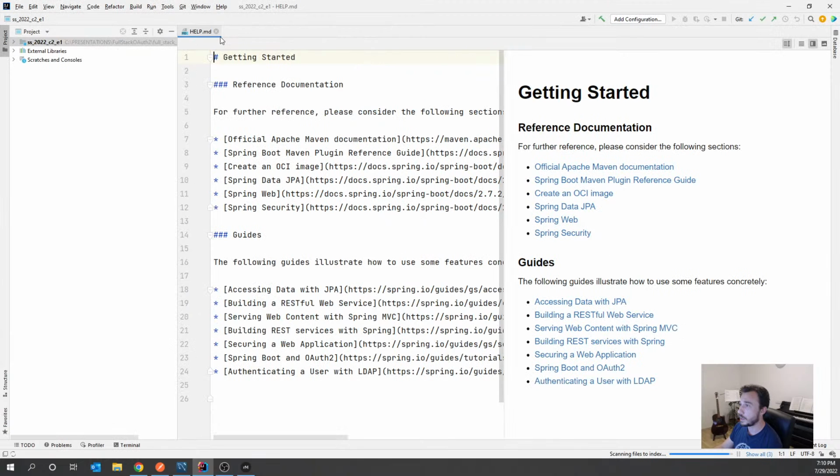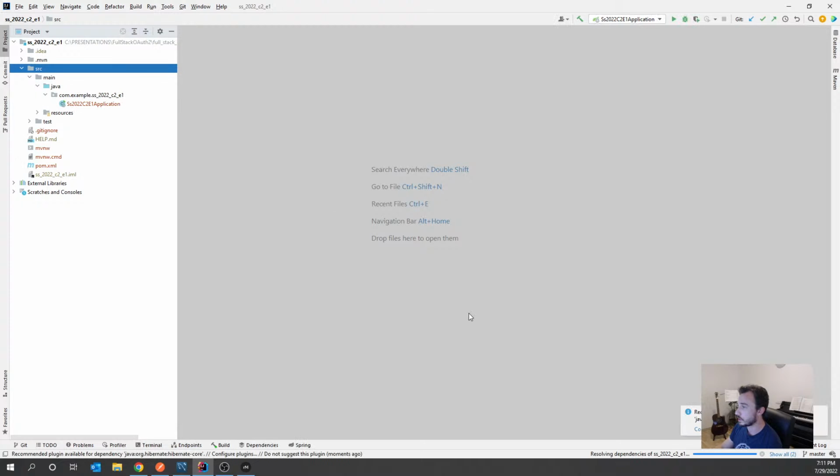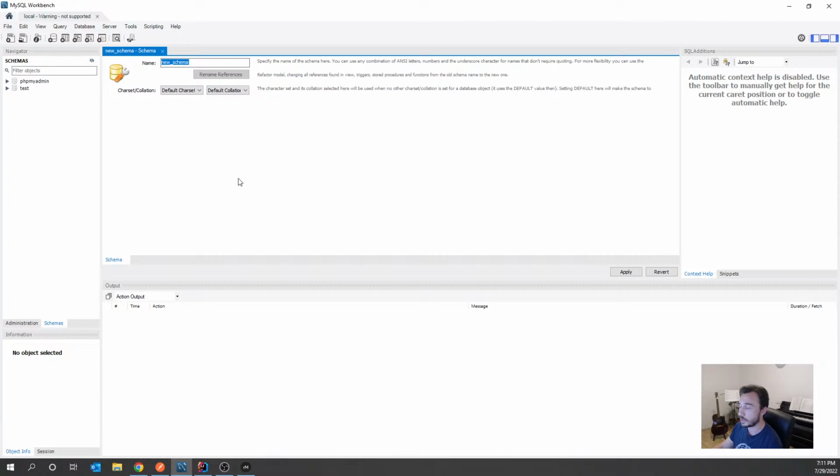And it should fortunately be just indexing very quickly all the dependencies, and once the indexing ends, I will start by creating the table, creating a database for me, creating a table users, and then mapping the entities in my project. So we can see now the indexing is done. I have no database here, but I will just name my database Spring Security Lesson 2, and I will create a new schema,